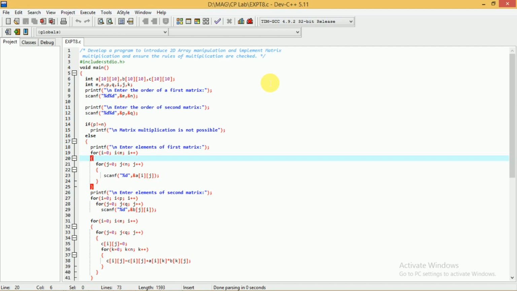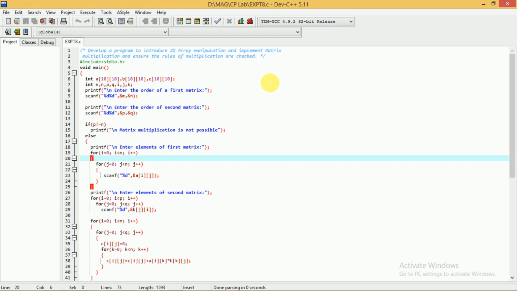The first element of the first row of the first matrix and the first element of the first column of the second matrix are to be multiplied. Whatever product you get is to be added to the product of the second element of the first row of the first matrix and the second element of the first column of the second matrix. Again these are to be multiplied.